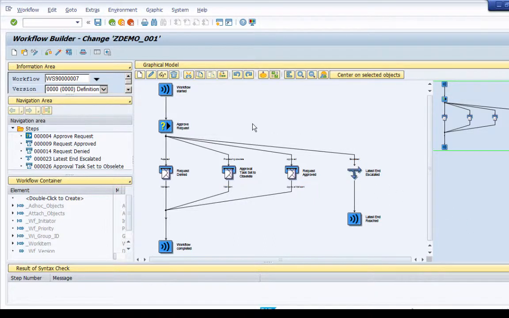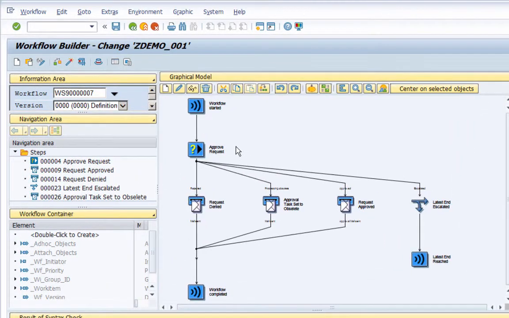So hopefully you are now familiar with this workflow template from my previous video, but still a quick walkthrough may help. In this workflow template, we have a decision step, and based on the approver's decision, the requester will receive an email notification telling them whether their request was approved or denied.